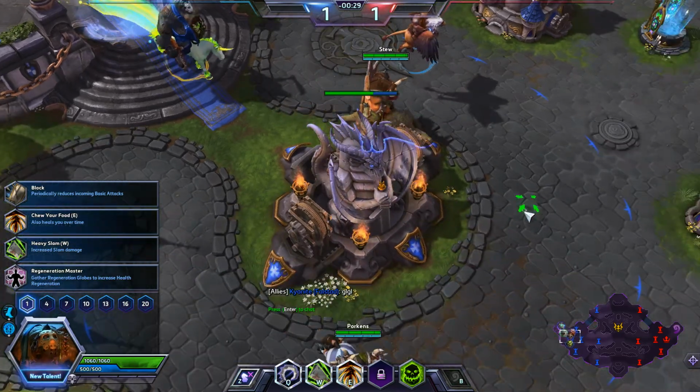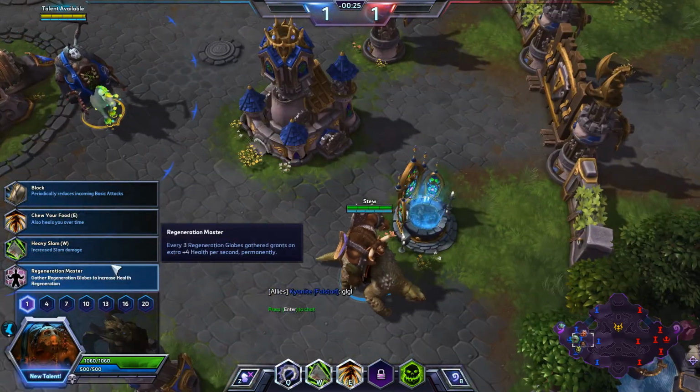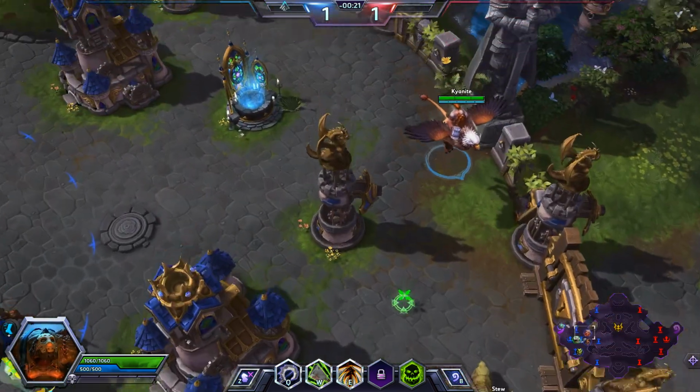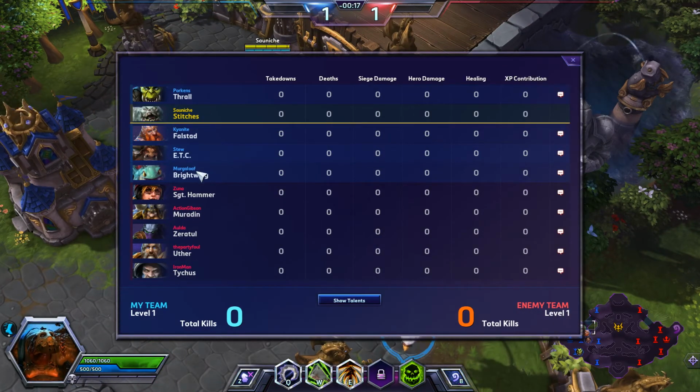Anyway, this is a quick match video. We're going to be playing Stitches on this map. Given that we have a Brightwing, I can build a little bit more damage, especially since we have an ETC. If we take a look at our teams, it's going to be Thrall, Stitches, Falstad, ETC, and Brightwing